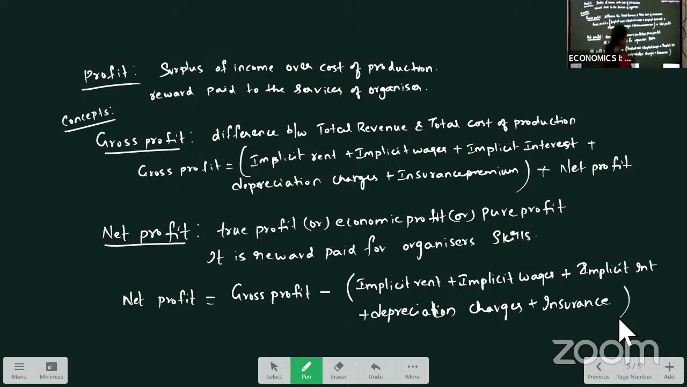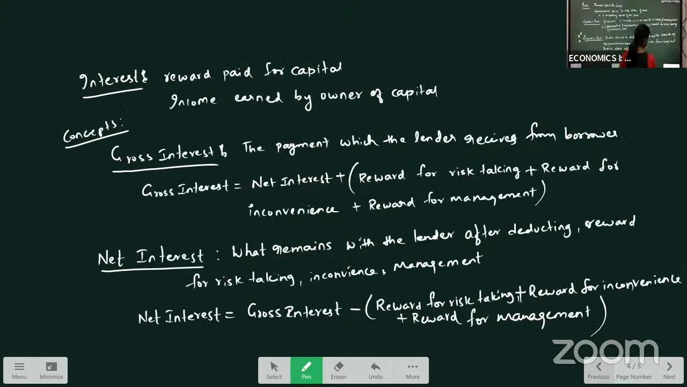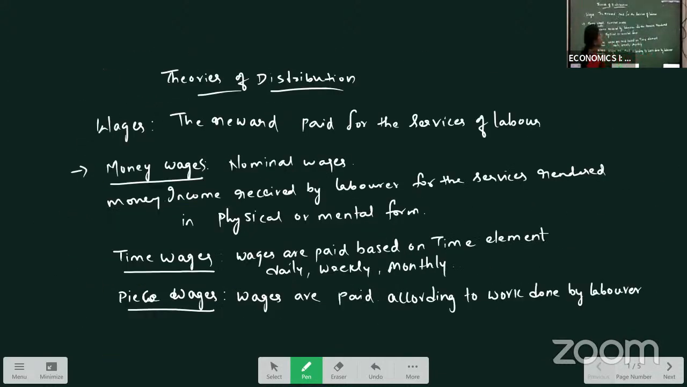So these are the VSAQs from this chapter. Just go through them one by one. See, first we have wages. We have discussed wages. Wages are the rewards which are paid for the services of the labor, right? Either the labor is giving physical services or mental services, for that, in return, the reward received is called the